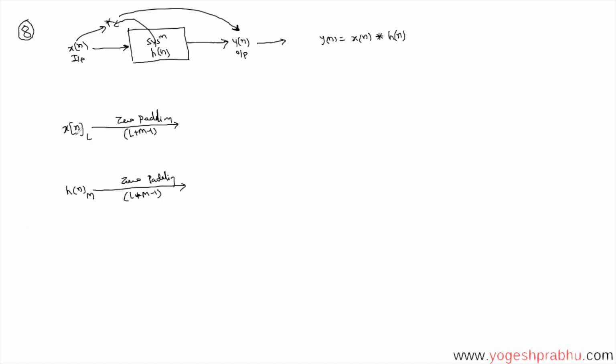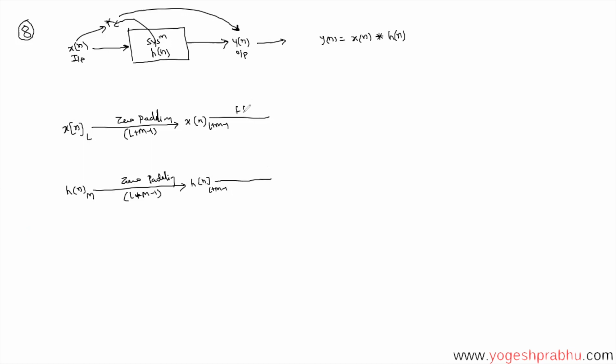So say both of them are 4 length. We'll do 4 plus 4 minus 1. That is 8 minus 1, 7. So we'll make the length 7. Now x of n will be L plus m minus 1 and h of n will be L plus m minus 1 as well. Now you're free to do